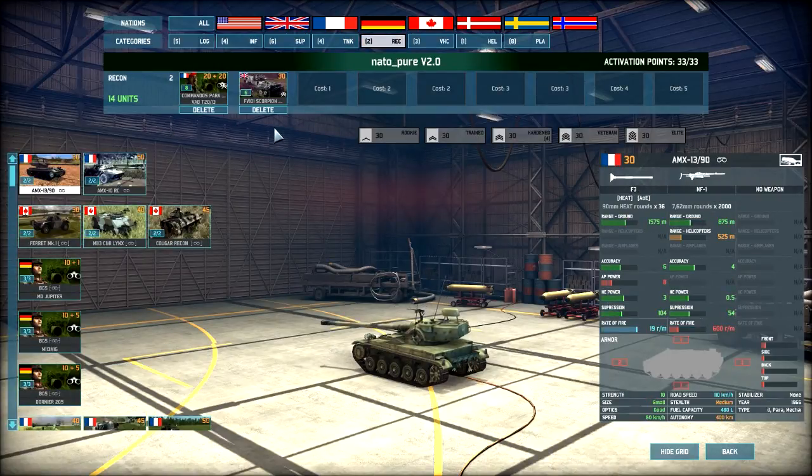Now to the Recon, I bring in a very standard kind of infantry based Recon as well as a ground based Recon. You could of course bring in the helicopter Recon, but if you do bring in helicopter Recon, try not to pick the ones that are cheap. Try and pick the most elite and perhaps the most expensive one that is available to you,